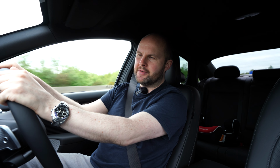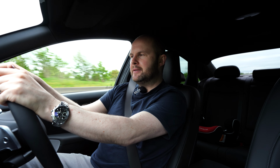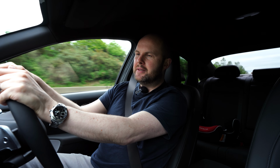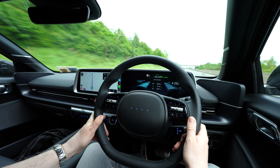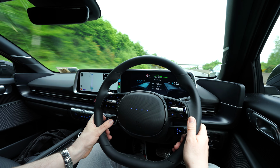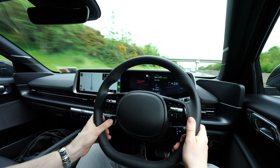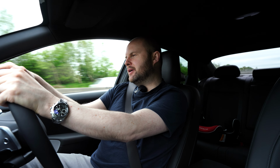I'm going to be home in 2.5 hours. I'm not going to stop for a charge unless I really have to, like if I get down to crazy levels, but I still have 57% and I'm just over 200 kilometers away from Dublin. So it's not that this car is achieving the range it says it will, but it's that